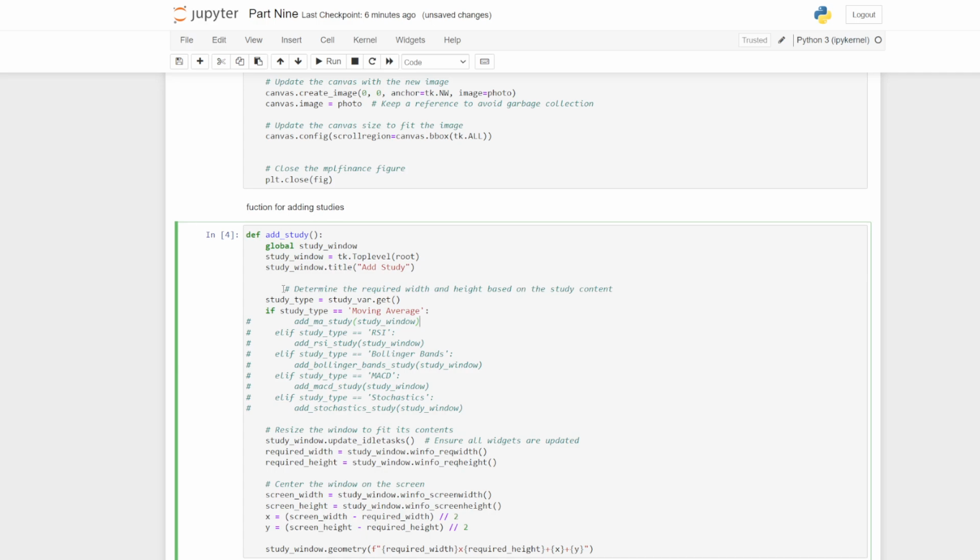There is a heading here that says determine the required width and height based on the study content. I just put that in there. That's all this is really doing, because remember, it goes down to all this stuff where we're determining how big a window we need to display the information, and then we also place the window in the center of the chart. But we just need to uncomment this first bit here, actually,